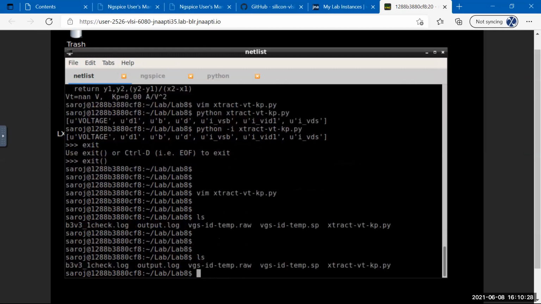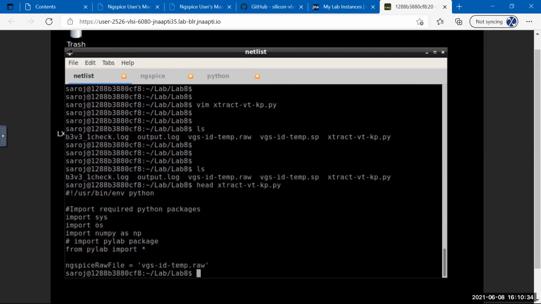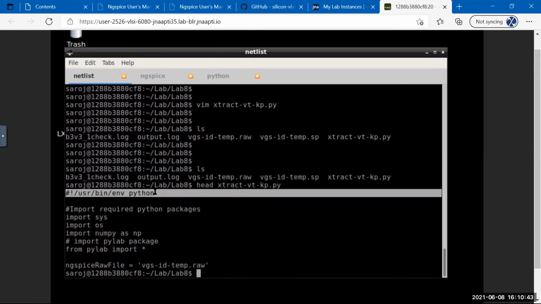So you remember I said if you look at the very top of your Python file, this line we added over here allows you to make it an executable script, because when I make it an executable script, it'll read this line and figure out what program I'm trying to use to run this program. And from there it'll,